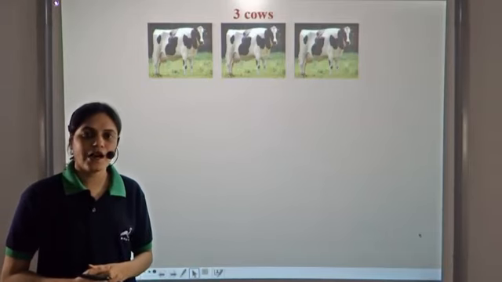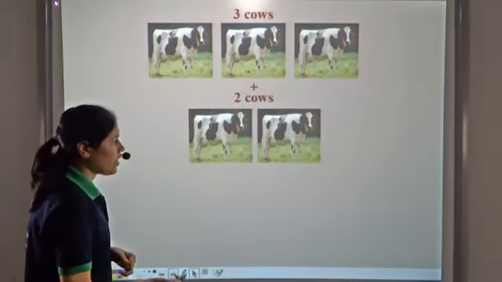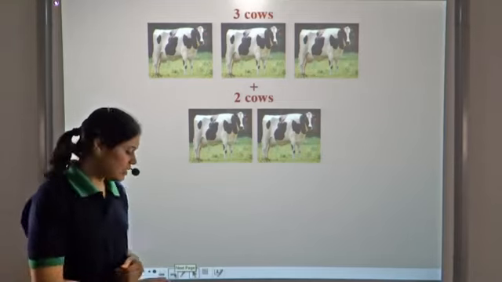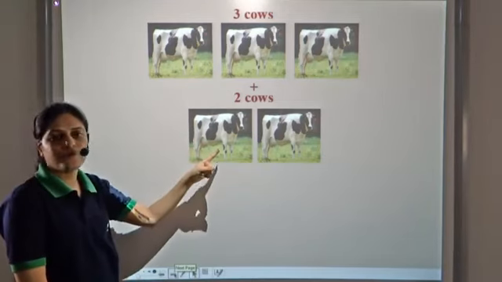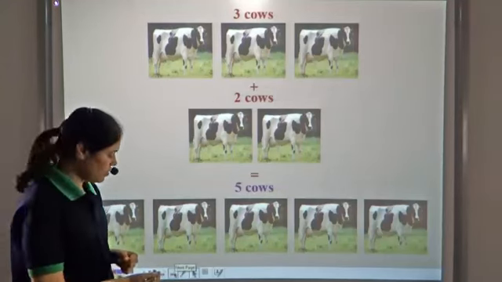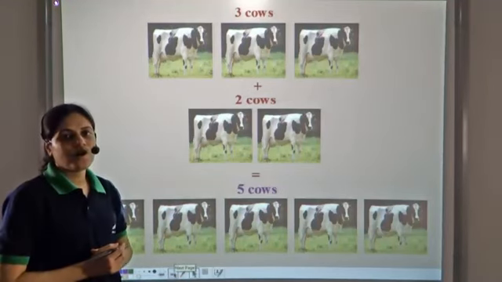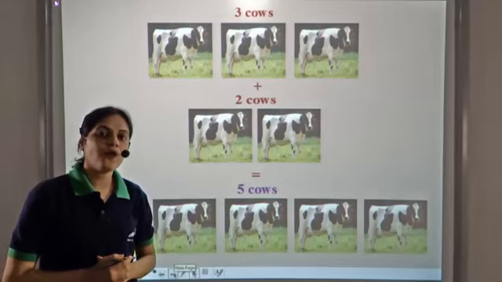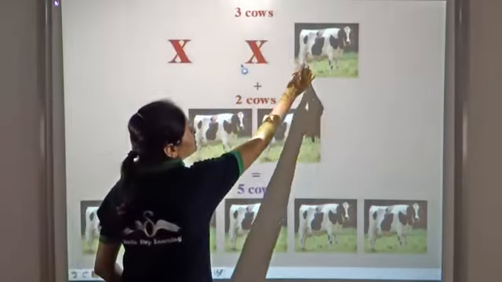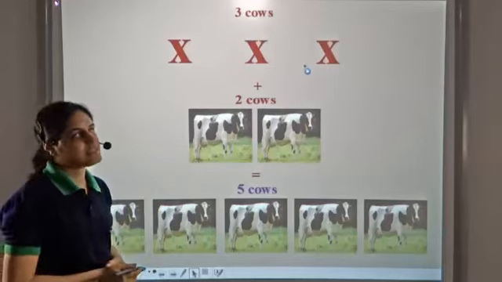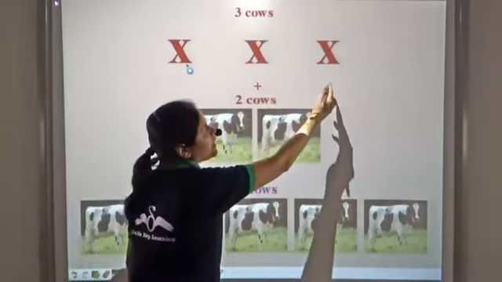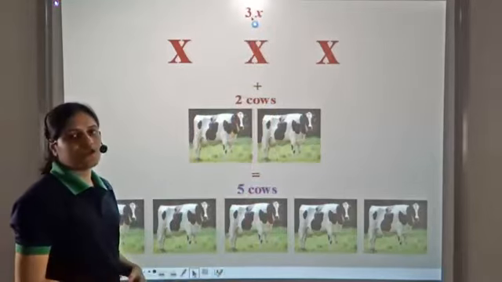If there are 3 cows and I ask you to add 2 cows, how many cows will be there? There will be 3 plus 2, that is 5 cows. Now, if I represent a cow by an x, so in place of each cow, we have x, 2x, 3x. We have 3x here,